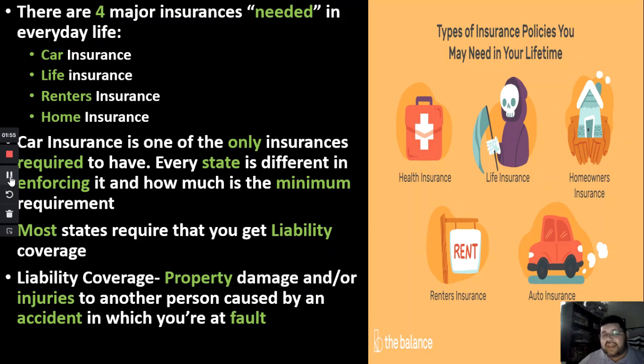Now, I have had some students in the past and even today tell me, well, isn't it like health insurance? Don't you need that? Here's the thing, in California, yes, you do need health insurance. It's a state law. But there are some states in this country that say you don't need health insurance. But every single state has said you need car insurance if you're driving. Doesn't matter what state you're driving through.